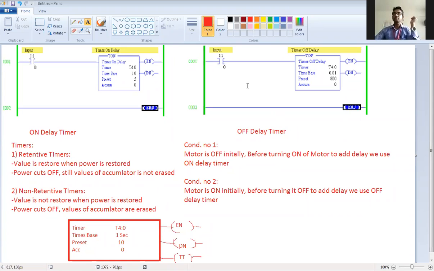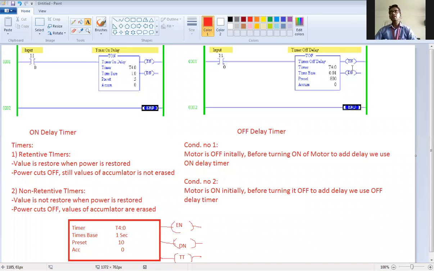So I hope it is clear now. Getting it? So see it again. If you have any doubt, you can show me in the chat box whatever doubt you have. So enable means when the timer starts, enable becomes high. When the timer completes, done becomes high. And TT means whenever it is counting 1, 1, 1, every time it gives a high to low pulse. 0 became 1, high low. Again 1 became 2, high low. 3 high low, 4 high low, likewise. Okay, so this is your timer instruction.